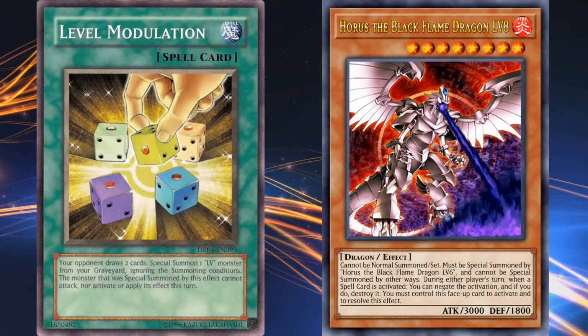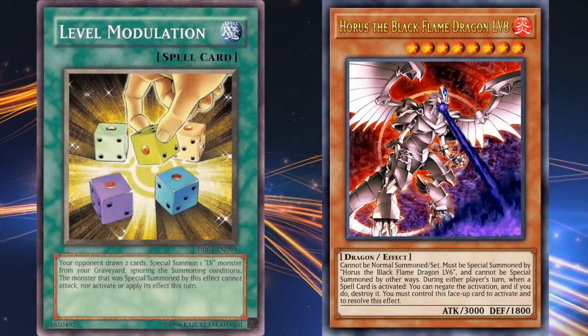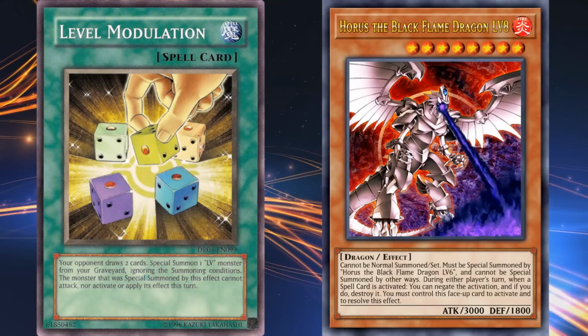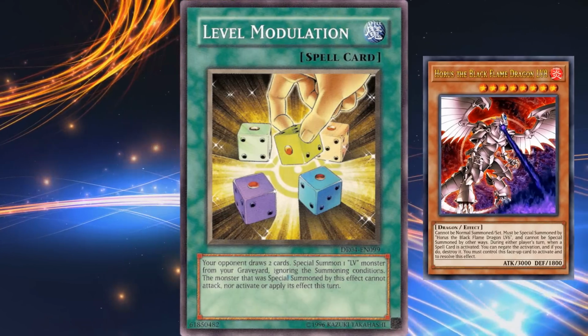But here's the thing with Level Modulation. Even though it says ignoring the summoning conditions, the monster special summoned still has to have been special summoned properly first, in order for this card to bring it out. What that means is, since Horus the Black Flame Dragon level 8 has the effect where it can only be